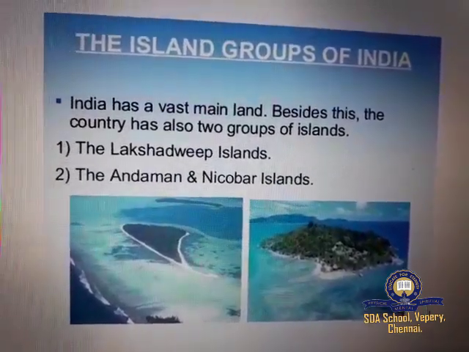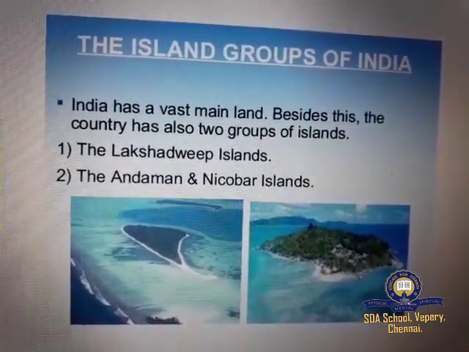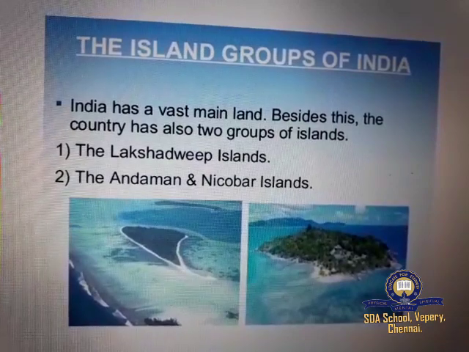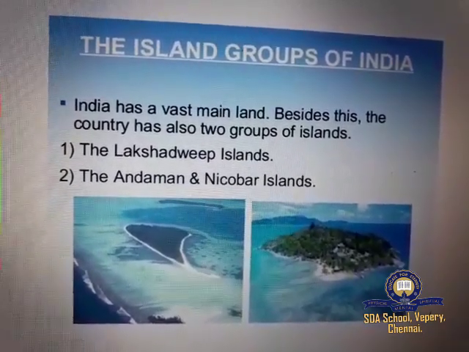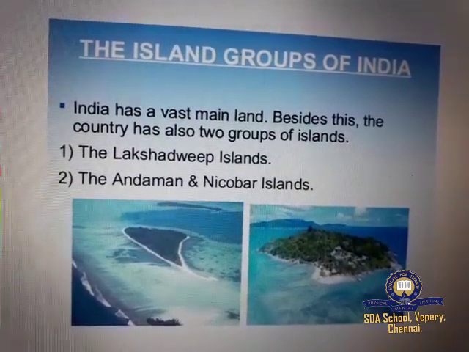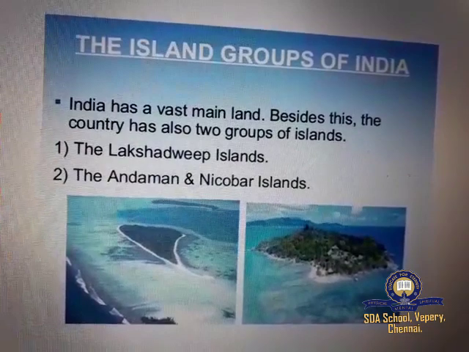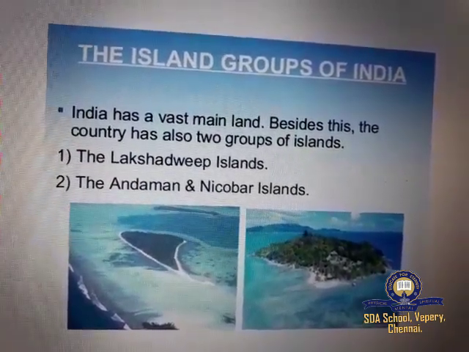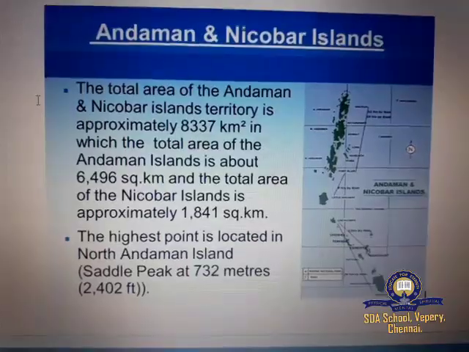The islands of Andaman and Nicobar are largely of tectonic and volcanic origin. India's only active volcano is found on Barren Island in the Andaman and Nicobar group of islands, while the islands of the Arabian Sea are mainly of coral origin.